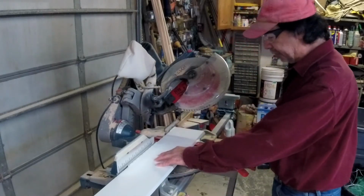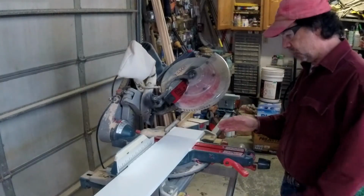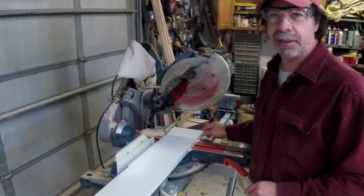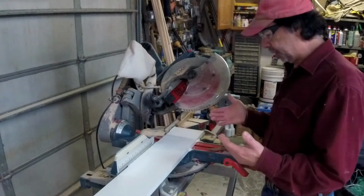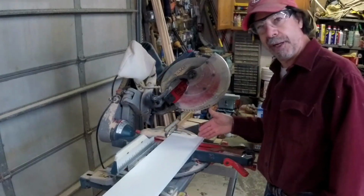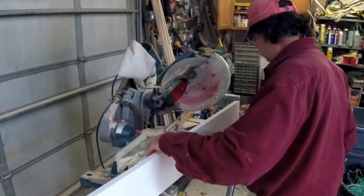We're going to come back and make a cut here. Now, what I didn't show you was, I have this all set up to my 6 inch. How do you get to the point where you mark it and set it up? Why don't we do that? So let's say that we wanted to do an 8 inch box. So you'd cut your first miter, set your board up on end,